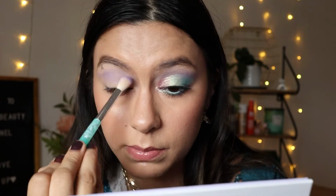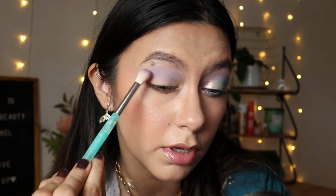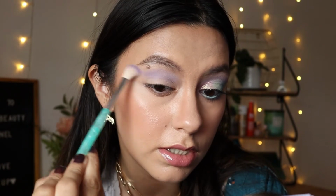Just slightly use this purple, and then just kind of buff it out a little bit too. And then I'm kind of going up a little as well right here. Just a small little point. And then just blend it right here. I'm just going to get a little bit of the purple. And just...